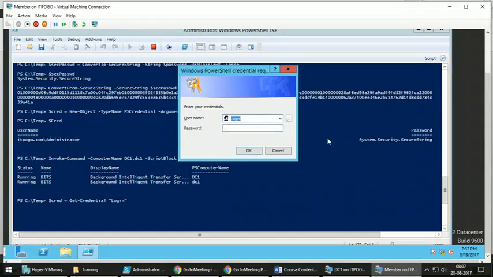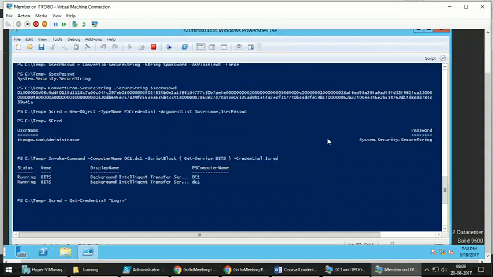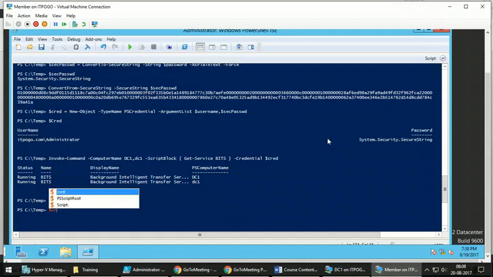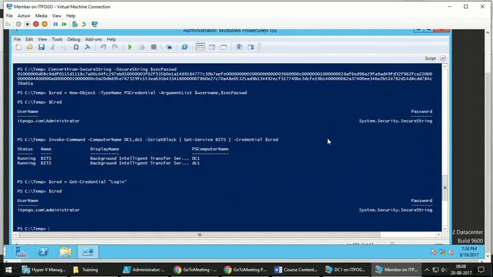So here you can provide the username itpogo.com/administrator. Now in the same variable, the same thing is captured through that GUI box.